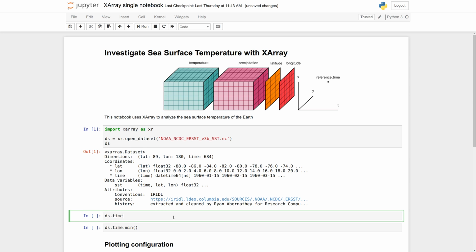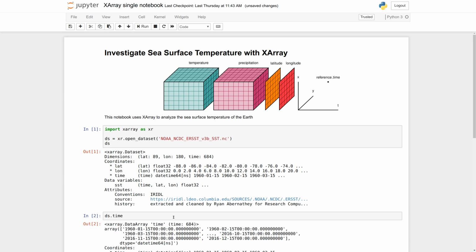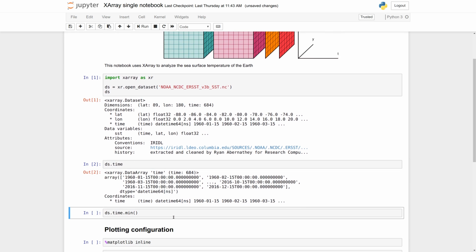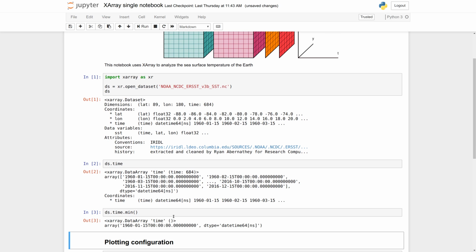XArray follows sort of standard pandas indexing. We can look at, say, the time coordinate. We can do things like compute the minimum of that time coordinate. So XArray uses NumPy and pandas and has some of the API from both, but it mixes them to great